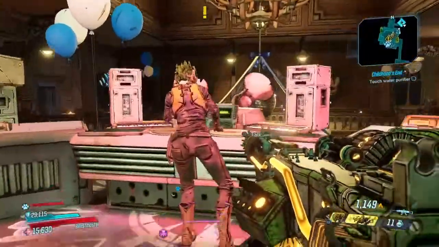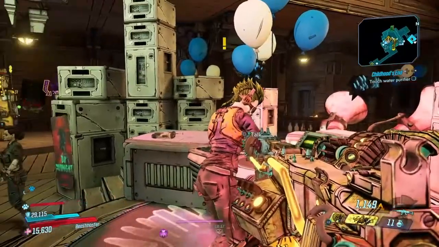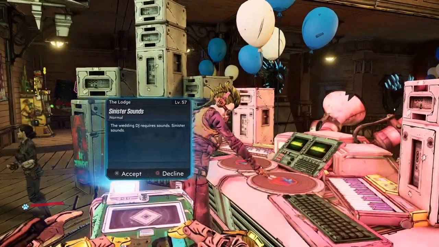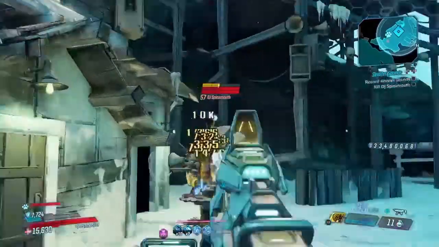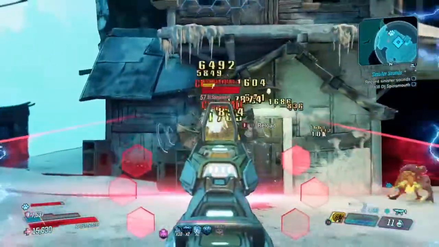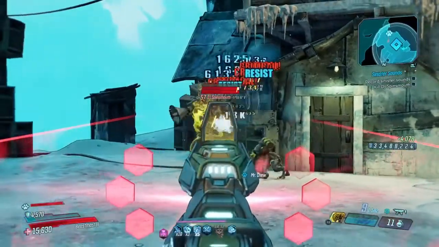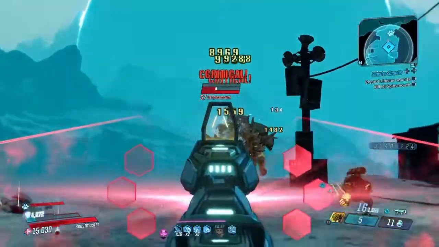lodge and pick up the quest called Sinister Sound. The reason why you need to pick this quest up first is because the guy that we're going to farm actually shows up after you complete this quest line. That guy is DJ Spin Mouth. Now, after you take out DJ Spin Mouth for the very first time, then you will be able to